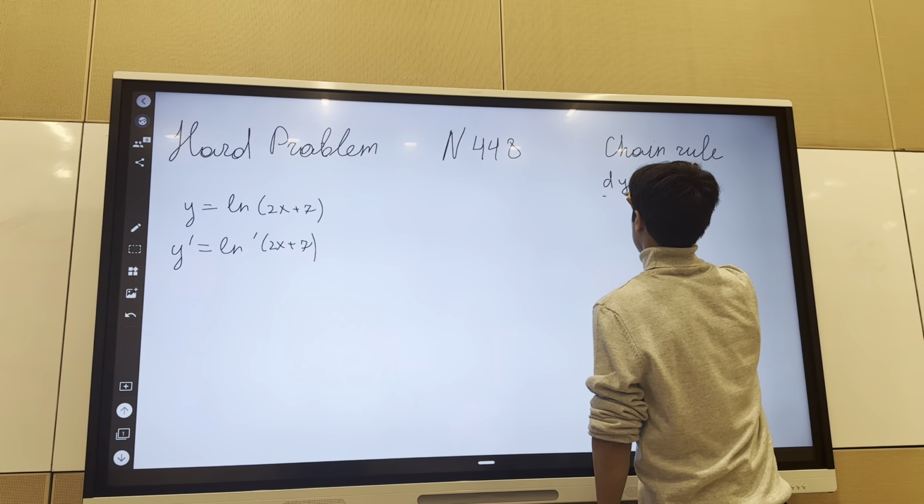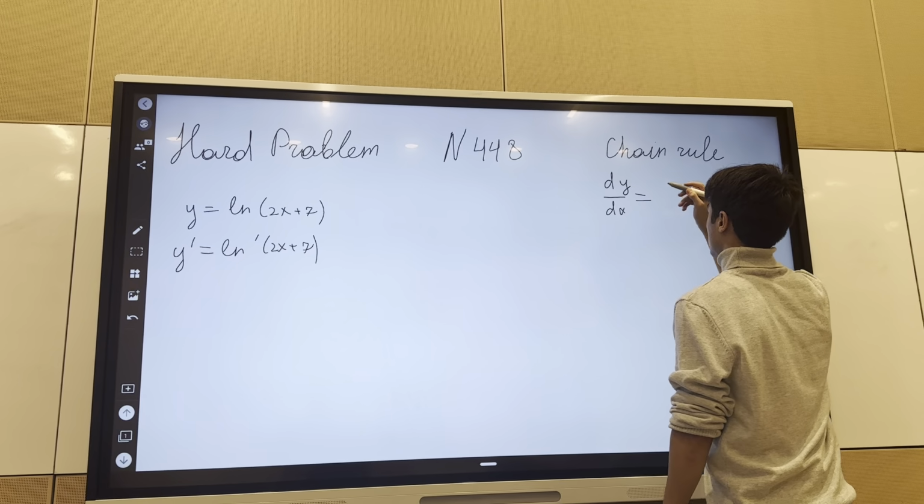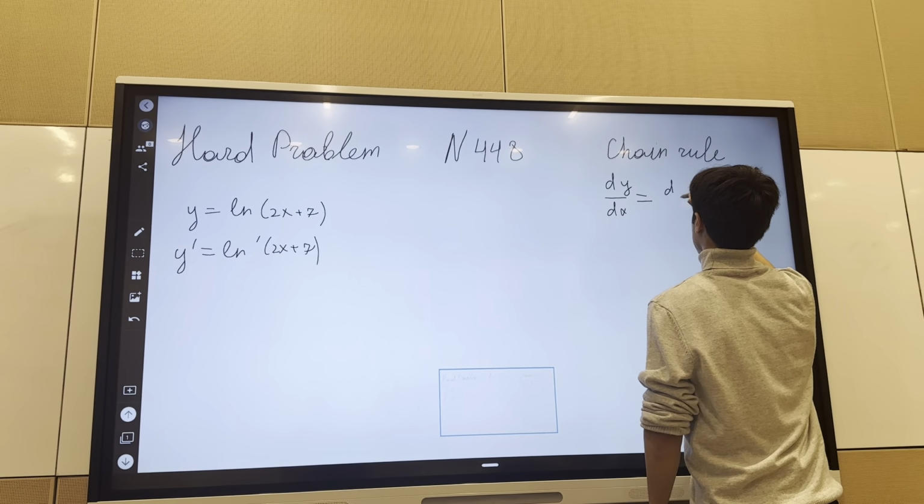The chain rule is that dy/dx, so the derivative of y is equal to